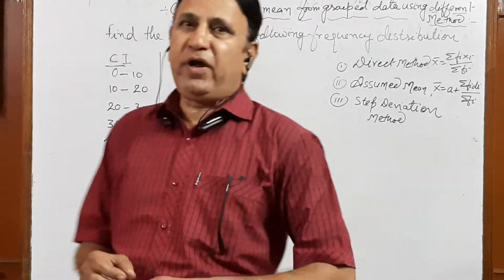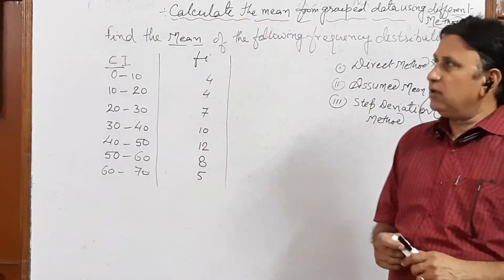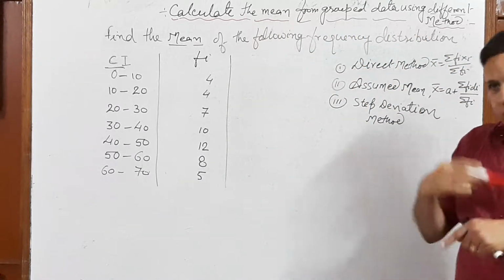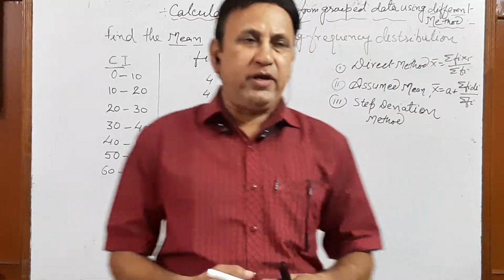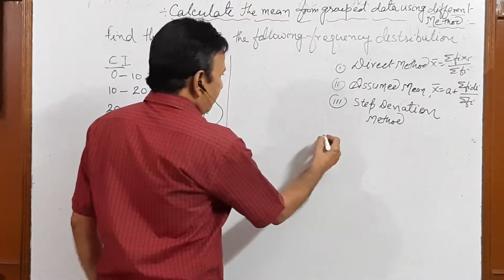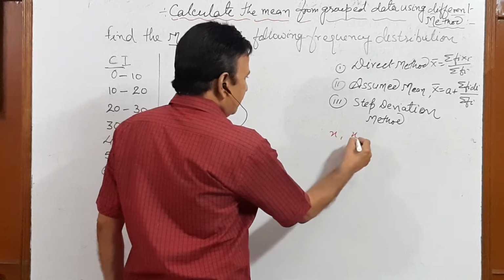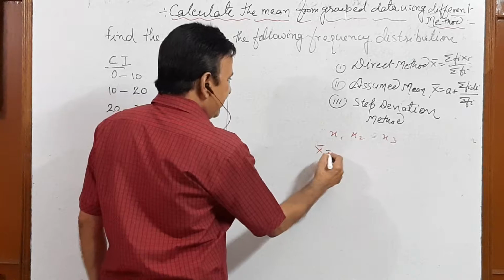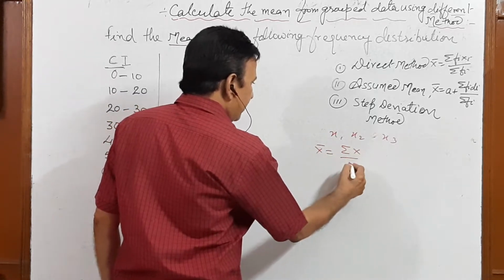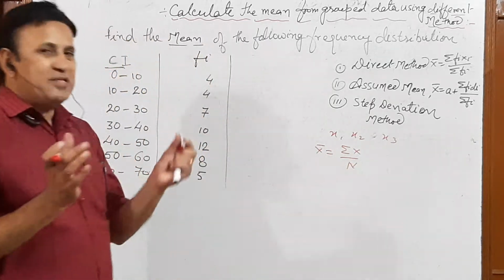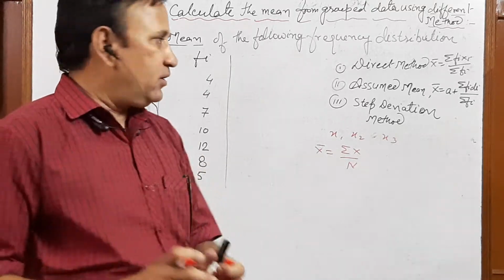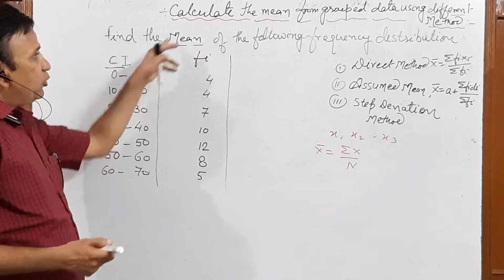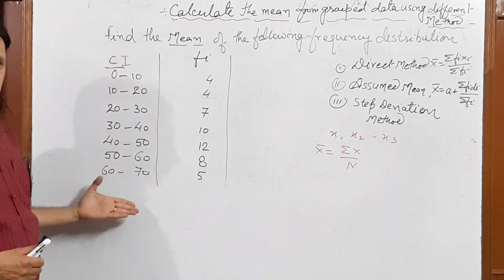Okay, so today we are finding the mean of grouped data, right? In your previous classes, you found the mean of some values, suppose x1, x2, x3, so simply you find x bar equal to sigma x upon n. When the variables are very few, we can find the mean x bar directly. Today we are finding the mean of grouped data when class intervals are given.